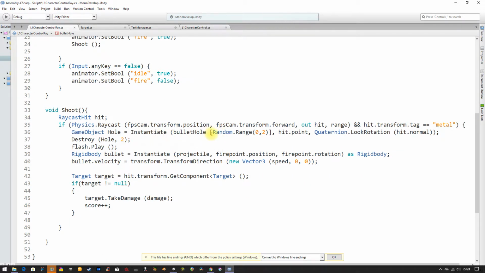So what that actually means in terms of how it's implemented in the game, we're saying random.range 0 to 2, which is actually 3 items, because it starts counting not at 1, it starts counting at 0. So we're saying instantiate any one of these 3 objects. So that just allows us, when we're adding a bullet hole to the wall, instead of the same bullet hole being added every time and it having a repeat pattern, we can make 3 of them, or as many as we like. We could have 50, and this will randomly select one of that list and instantiate that one,